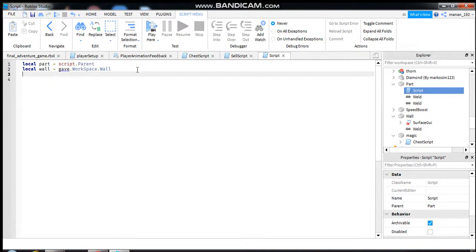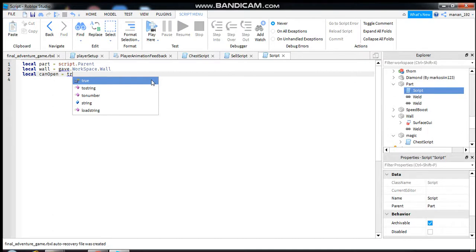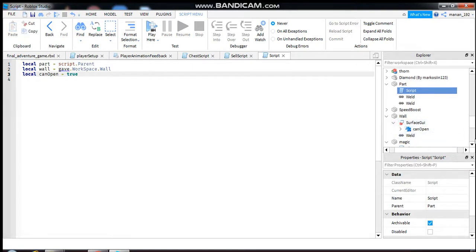After that you're going to create one more variable, that is local canOpen, and make it true. It is nothing but the label name. You can see inside over here the text label name is canOpen, that I have made it true. Okay, so once you create these three variables, you have to